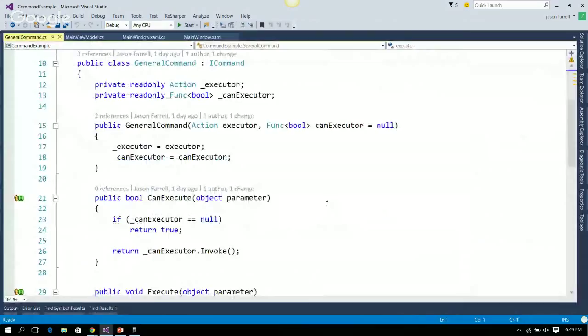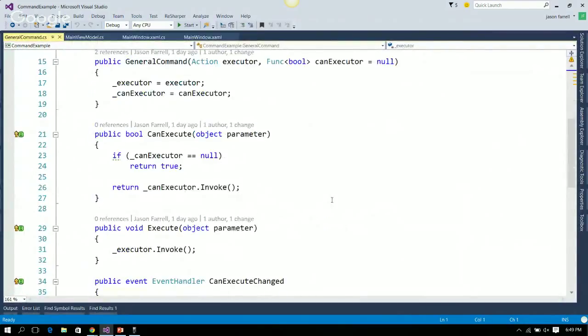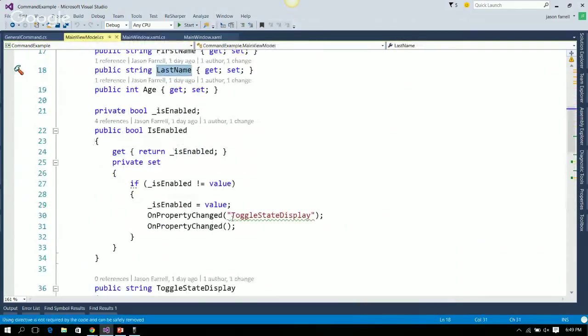So the command here that we want to get at is this general command. Commands in XAML are based upon the ICommand class, and this is a very rudimentary implementation of it. You see we have the CanExecute, which allows us to pass a parameter and then check: okay, this is not in the right state, I can't execute. Even if I go back to here, let's play with this example a little bit, just so we can get some fun here. So if I do this,